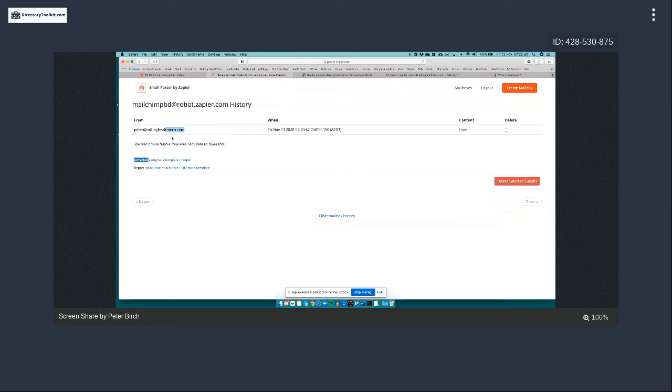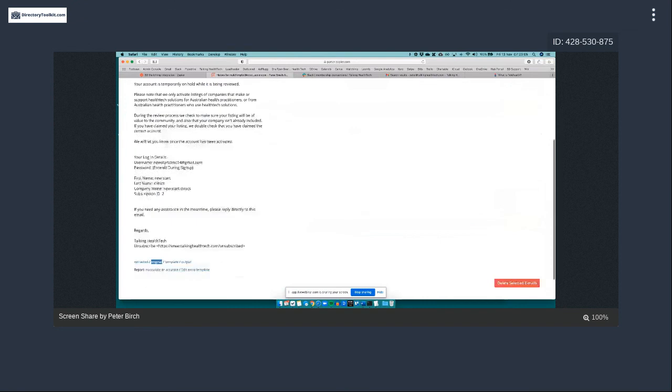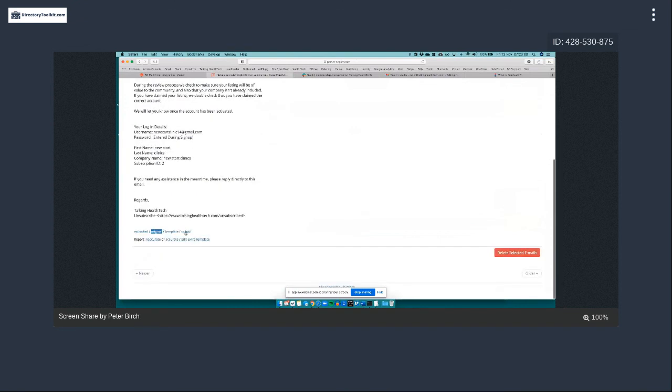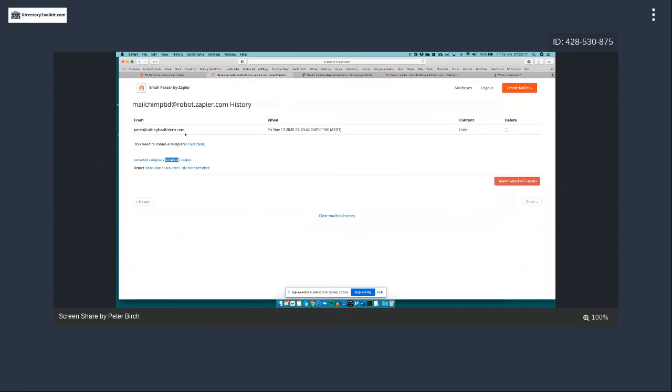Then this is the email. I just went into here, and the email that I forwarded to this inbox has landed here, and you can view it. There are 4 things here. There's the original email that you can look at, and that's what just got forwarded through, and it removes all the junk. What you need to do is go to template, and then create a new template for it,